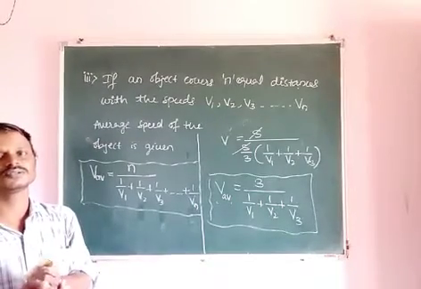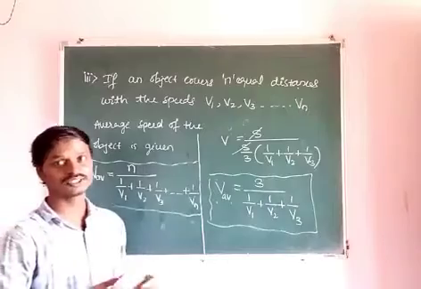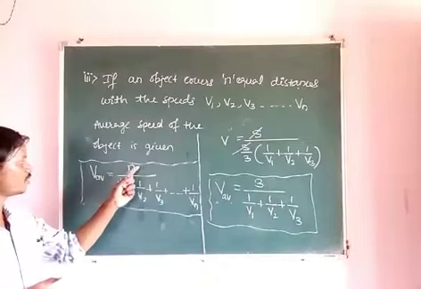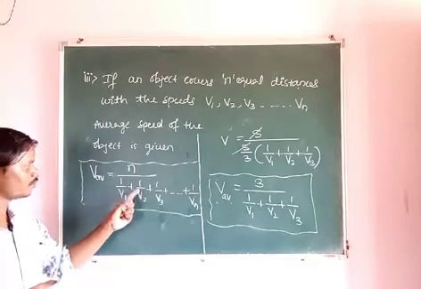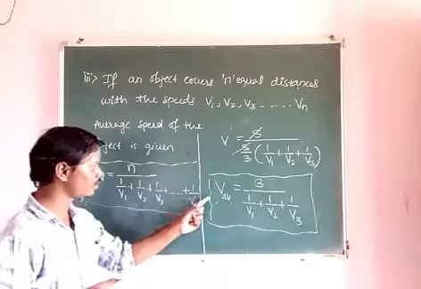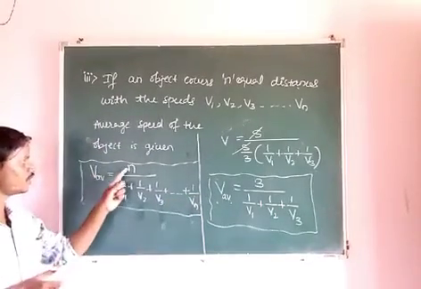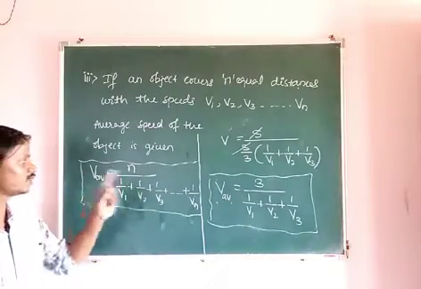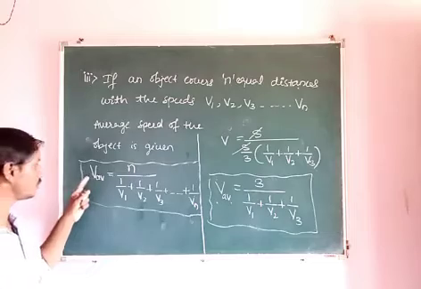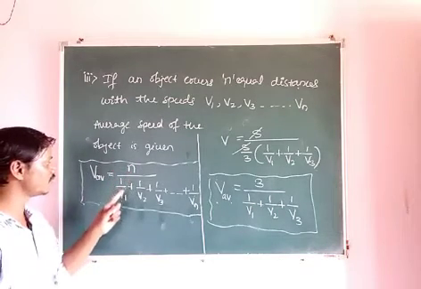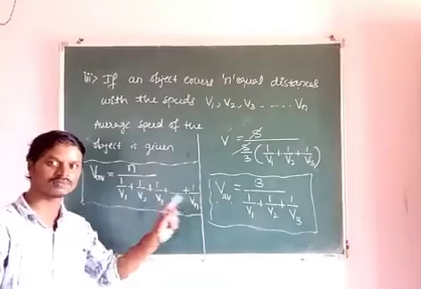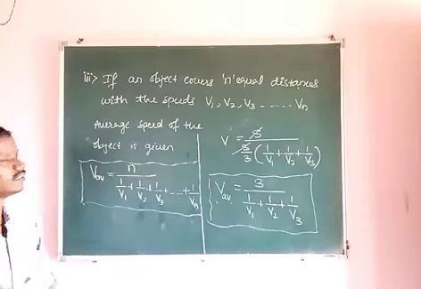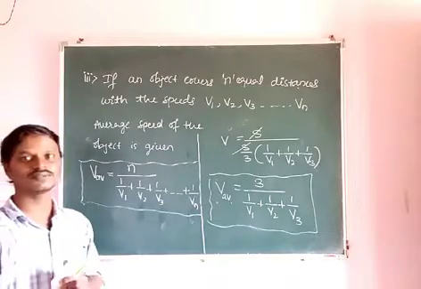What is the formula used to find the average speed of the object if it covers equal distances? In general, we write V average is equal to n divided by 1 by V1 plus 1 by V2 plus 1 by V3 and so on, 1 by Vn. If 2 equal distances, n can be written as 2, 1 by V1 plus 1 by V2. If three equal distances are there, we write the average speed formula as V average is equal to 3 divided by 1 by V1 plus 1 by V2 plus 1 by V3. Okay. So these are the neat applications related to the average speed of the object.